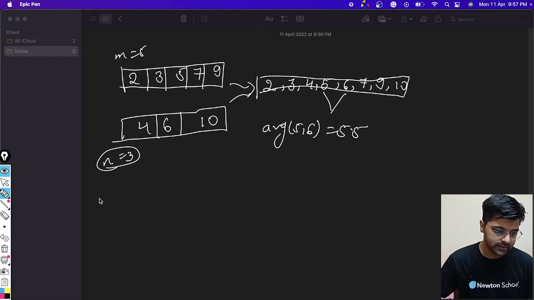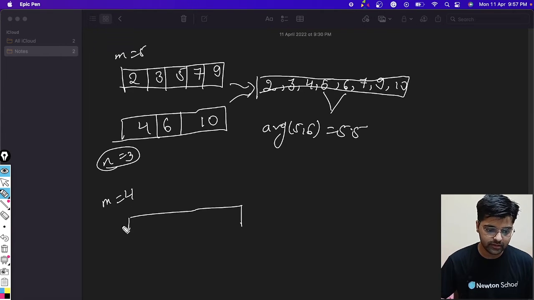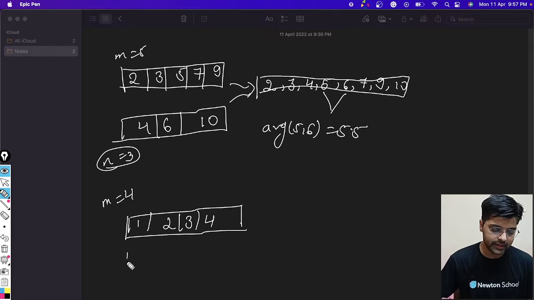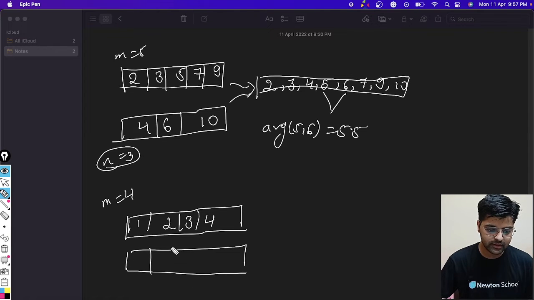Let's consider another case. Let's say we have 4 elements present, 1 2 3 4, and in another array let's take 10 11 12 13, or I can take 14 as well.